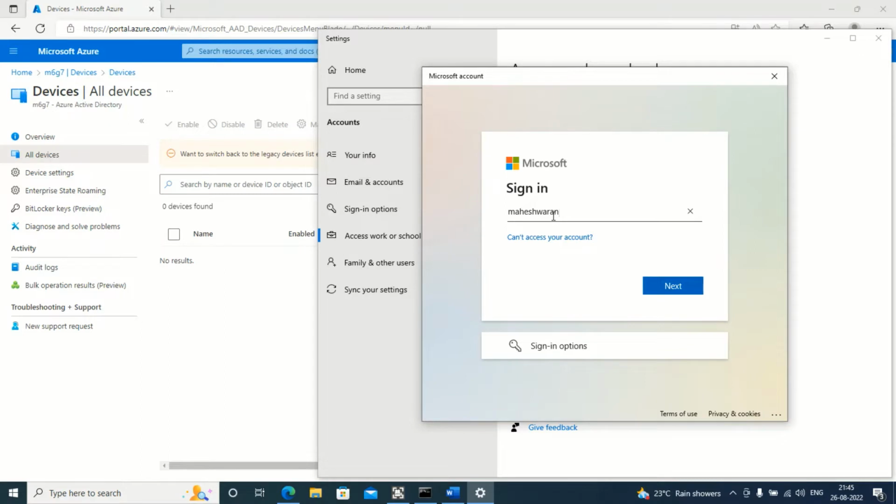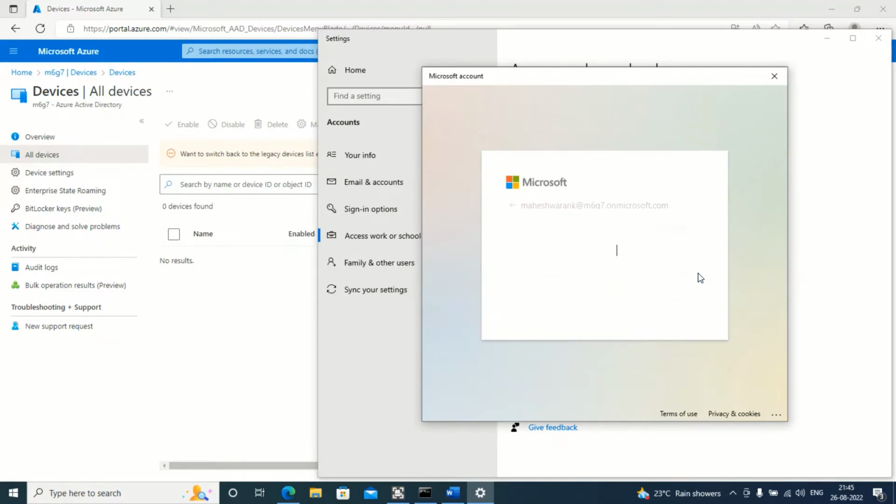And the important thing is the user should be allowed to join their devices to Azure AD. There is a setting available in the portal that we need to enable. If it is not enabled, it won't happen. So we have to make sure that option is enabled. Now I'm just entering the credential. The moment I complete the